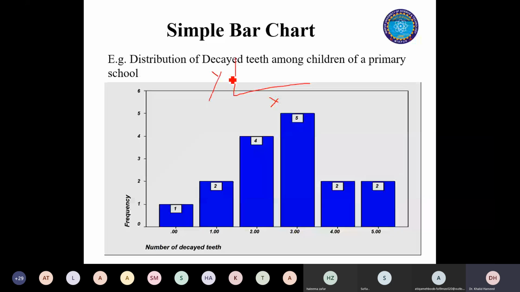And one thing you need to know is that your dependent variable is always along the y-axis, and your independent variable is always along the x-axis. So along the x-axis, always try to represent the independent variable. What do you mean by the independent variable? Can you give me any example? Any volunteer? Along the y-axis, we normally mention the dependent variable.